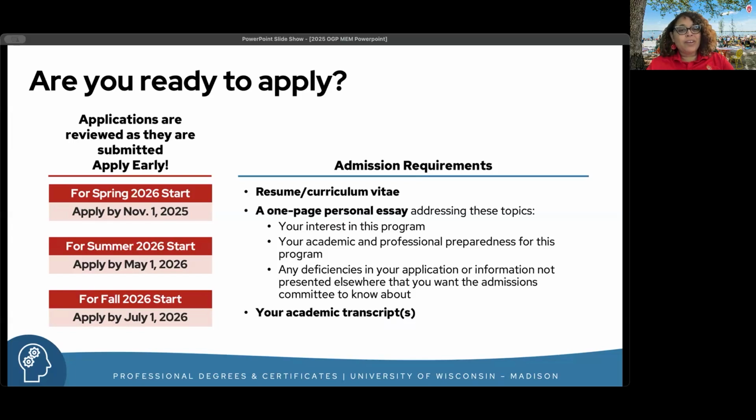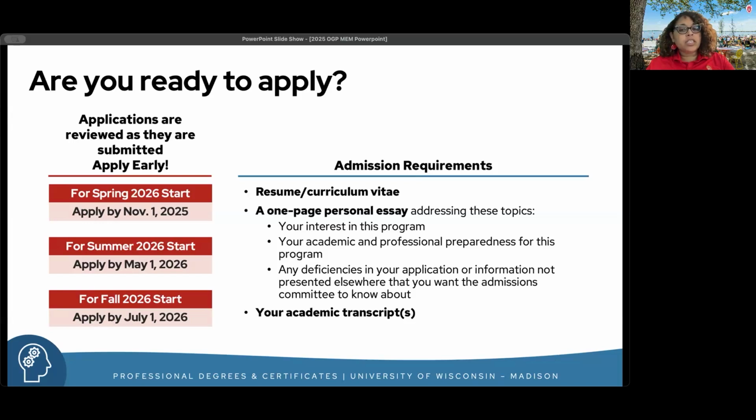So please don't worry about how your application matches up against other applicants. As Heather stated above, we want you to have a degree in engineering, but if you don't, you need a strong STEM background. And if you have questions about the background, please send an unofficial transcript to us, and we can look at that and evaluate that to see if you have enough science and math in your background to be successful in our program.